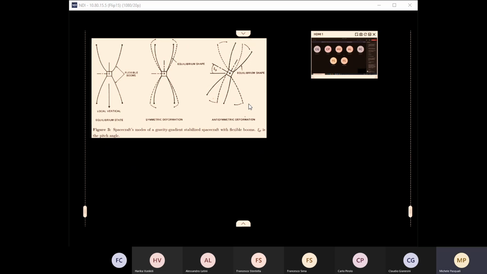In this other case, instead, if you have an antisymmetric deformation, for example, you can consider that these move along while these remain still, as an eigenmode. In that case, you will have a perturbation of the orientation. So you will see that in that case you will have a coupling. Not all the structural modes can couple with attitude dynamics, but some can, and typically they are the antisymmetric ones. They are the most dangerous typically.